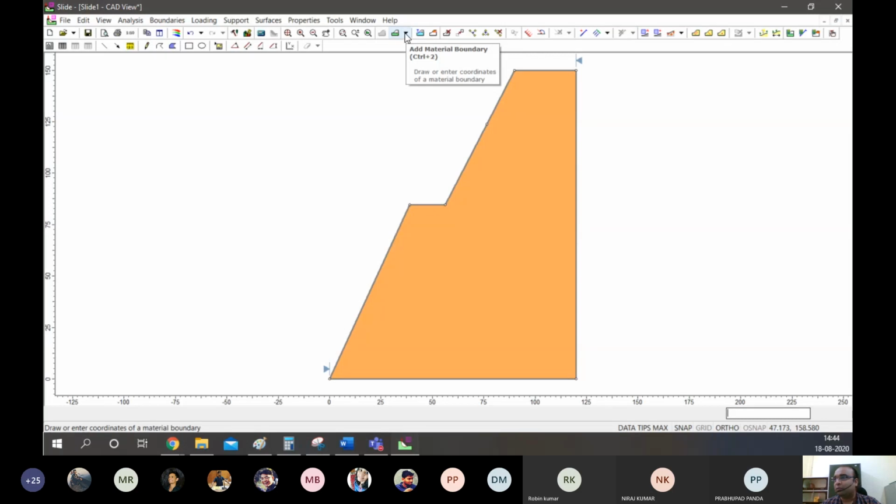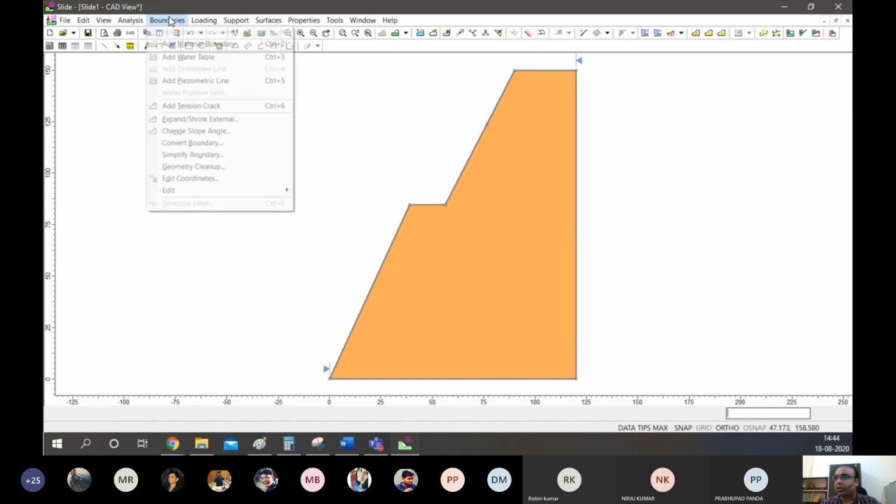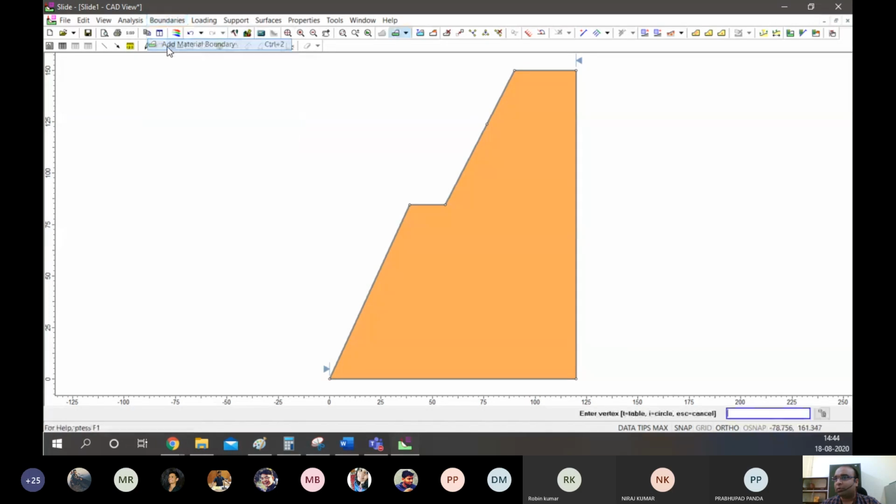So we want to add basically another material in that, and to do that we put a material boundary. So let's say that this full slope is divided into three zones, right? First zone is sandstone on the top, in between there is shale, and another zone is sandstone again.